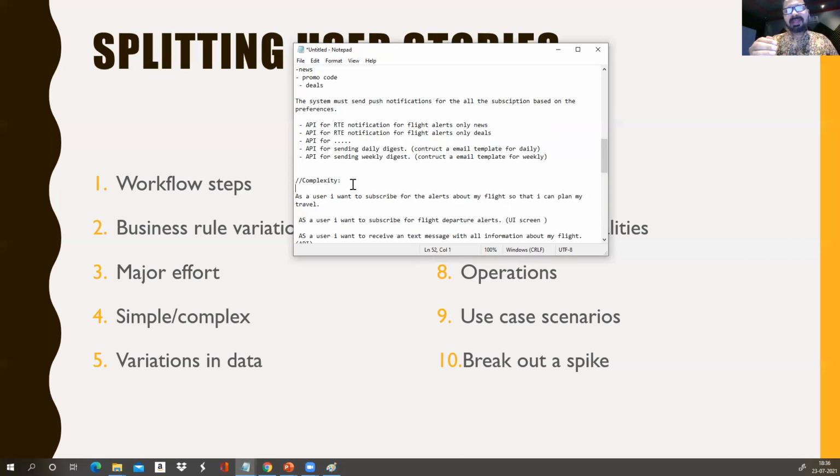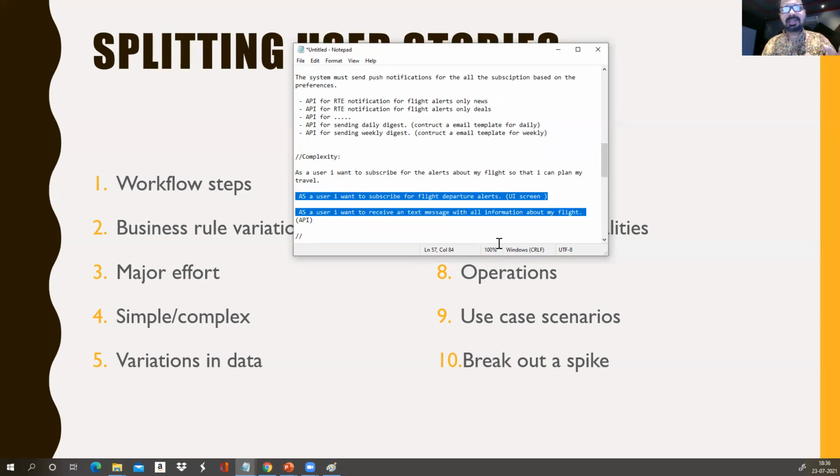Okay, now we are breaking down that complex into smaller things. The first simplest thing is nothing but I want to do these two things. So I'm breaking down into the first two simplest things. Then I'm starting appending to these things the rest of the items, like, you know, I want to subscribe for maybe subscribe for deals.